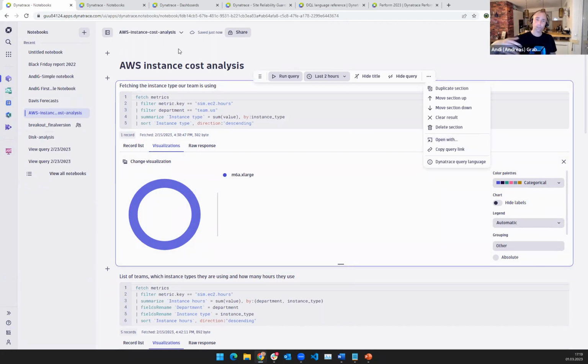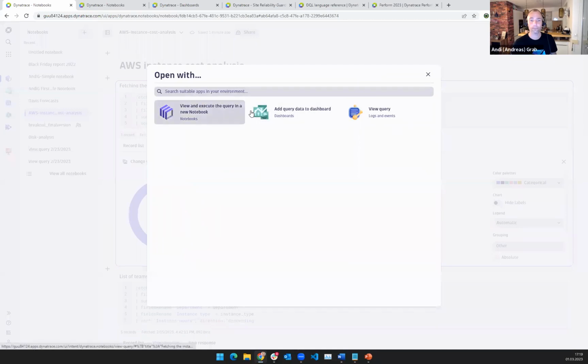That's possible. So if you are happy with your result in the notebook because you've explored the data and you know this is what you want for maybe reporting purposes, then you can edit and open this as it shows here, for instance, in a dashboard or just in the query view.